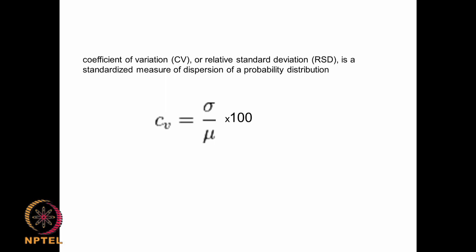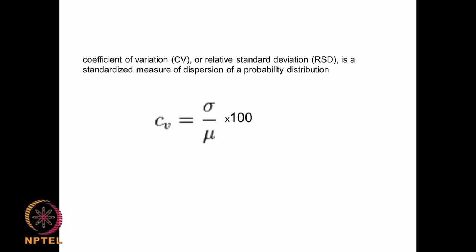So, it tells you the relative spread in the data, because you have the standard deviation in the numerator and the mean in the denominator. If CV is very large, that means my spread is very large. If CV is very small, that means my spread is very small. So, CV is a quick measure of telling how bad or how good the spread of the data is,